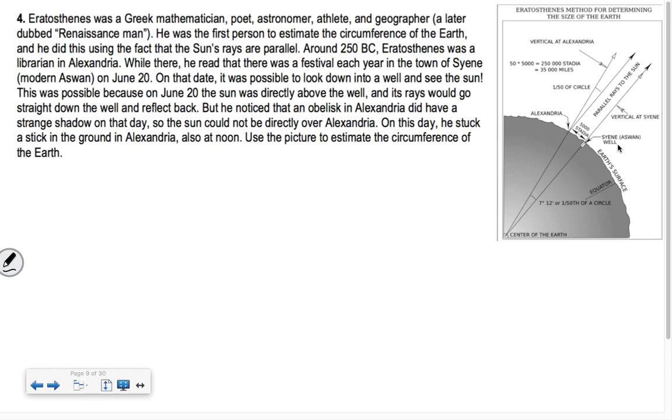Well, they were all basing it on the sun. And he noticed that they couldn't possibly be at the same time of day. Like I was saying, we have different time zones, right? We didn't used to have different time zones. So he was saying, why is the sun perfectly above at this time here, but if I was in this other town, it's not going to be perfectly at the same time. So he used that, but we won't go over this problem. It's kind of a cool problem, but